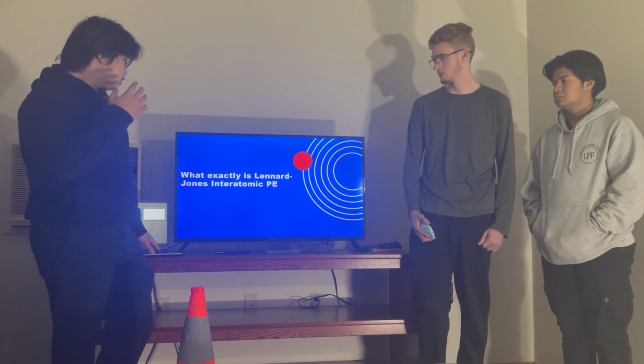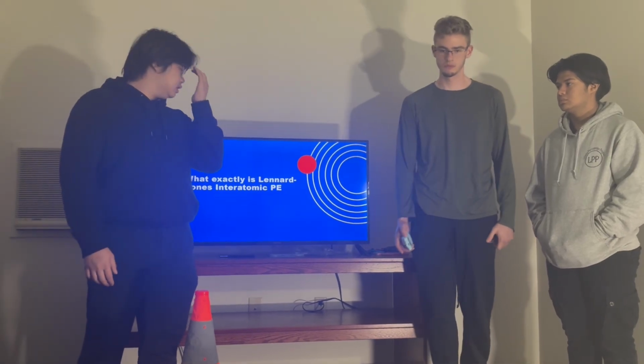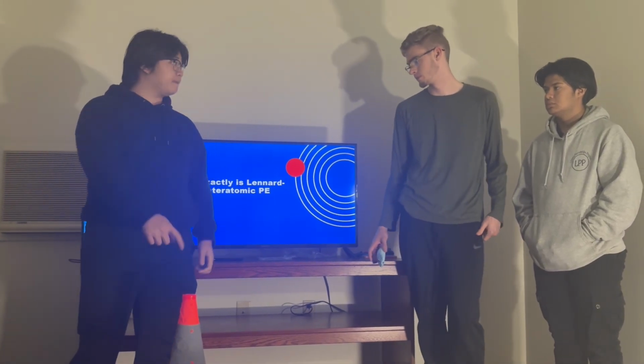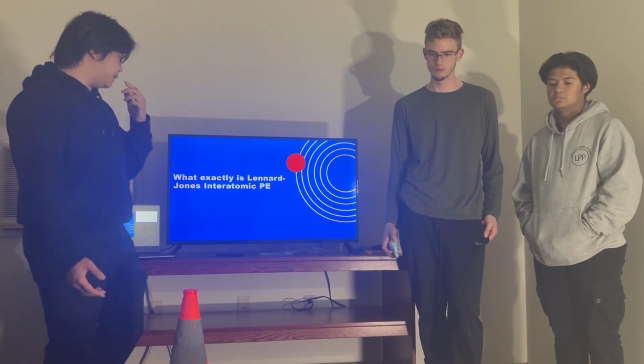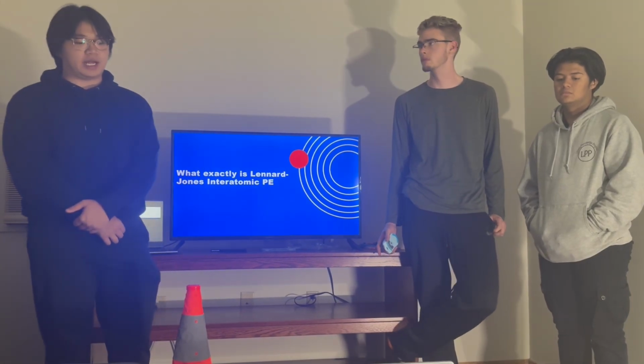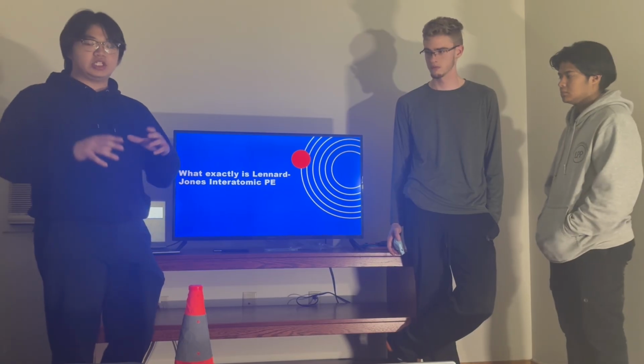And one more thing, what exactly is Lennard-Jones interatomic PE? So Lennard-Jones interatomic PE is basically a framework that you can use to understand atomic interactions. And so when you have this, you can understand just what happens on a molecular scale and an atomic scale